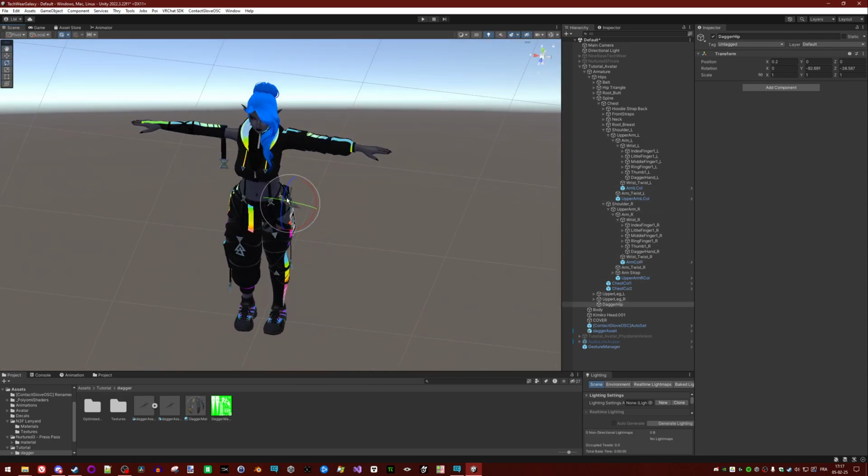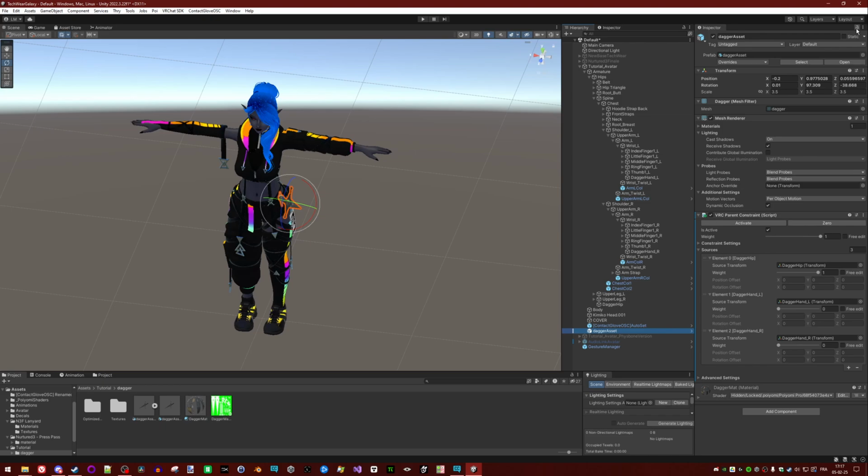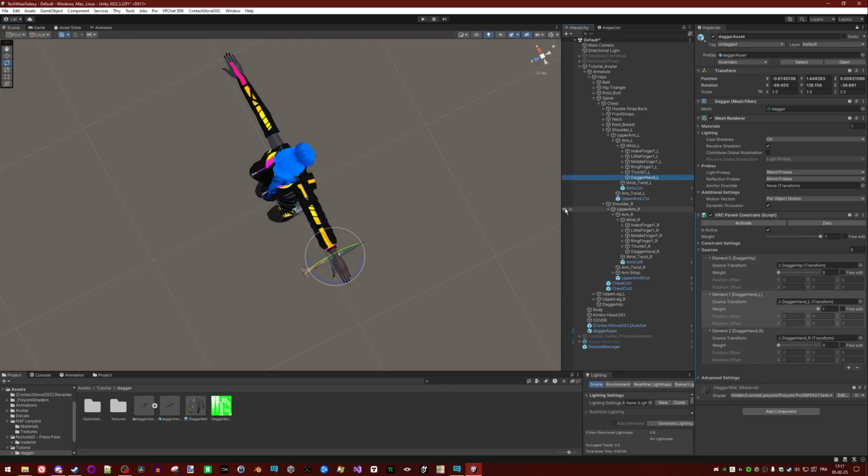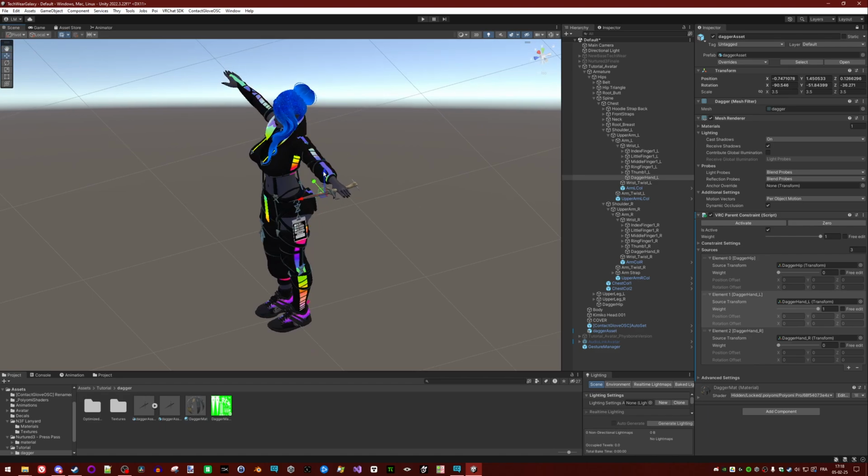So now click the dagger. Where is the dagger? I will look, it will be easier. Left hand, dagger hand L, here, yep, again, it's quick and dirty.